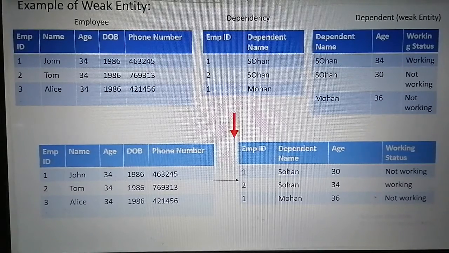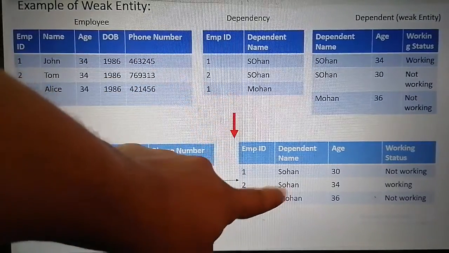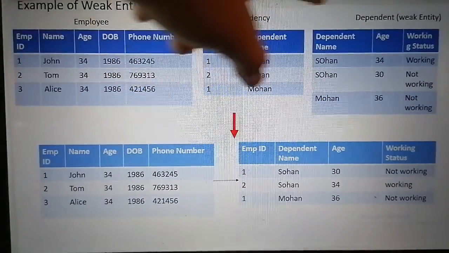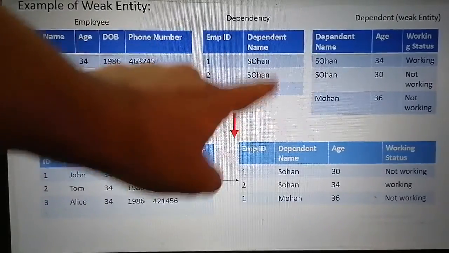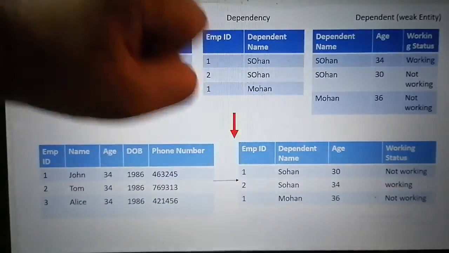As a result we get this table, in which we have merged both the dependency and the dependent. The attributes will be employee id, dependent name, age, and working status.